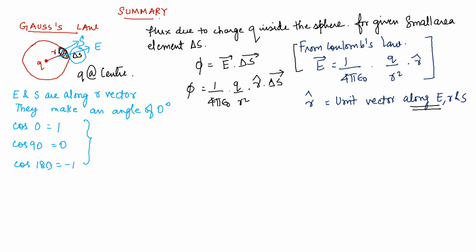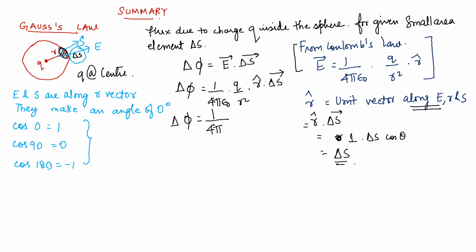As we have said, these are along s in E, r cap is along s in D, therefore r cap, r is unit vector, so 1 into del s cos theta is 0 and it will turn out to be only del s. So xi equals 1 by 4 pi, and this is the xi from the small area element. So from the small area element, small flux will come out, epsilon naught q upon r square